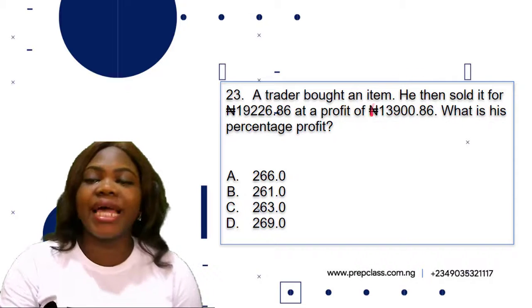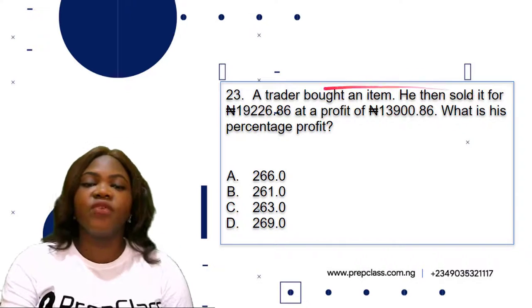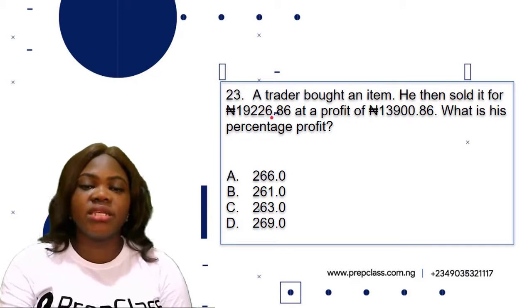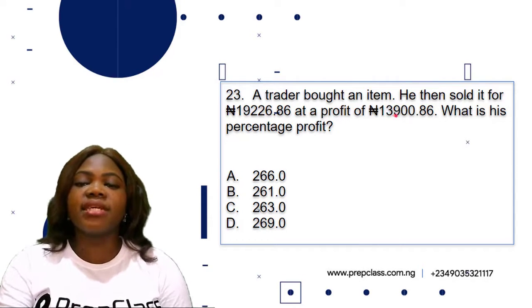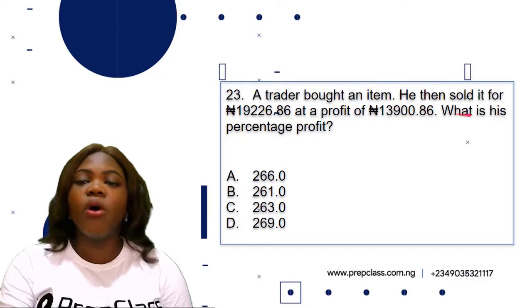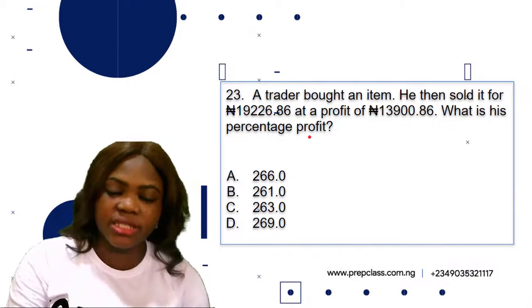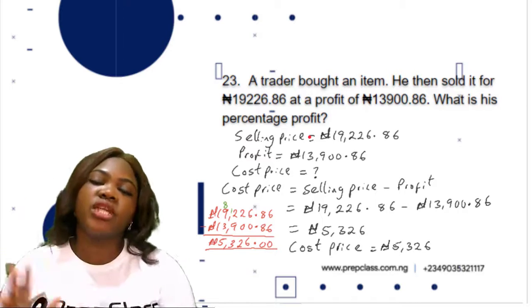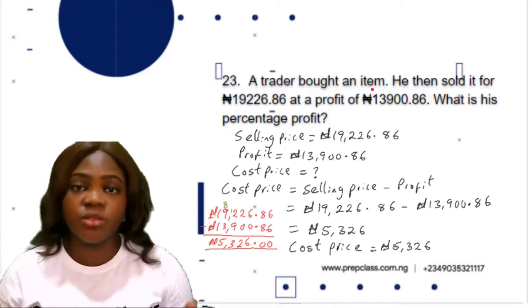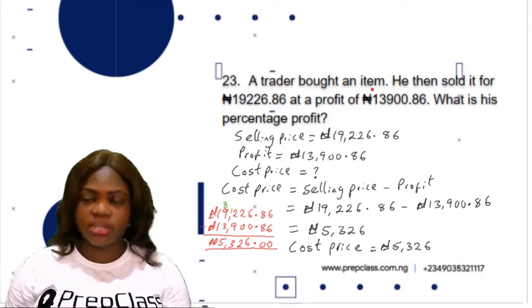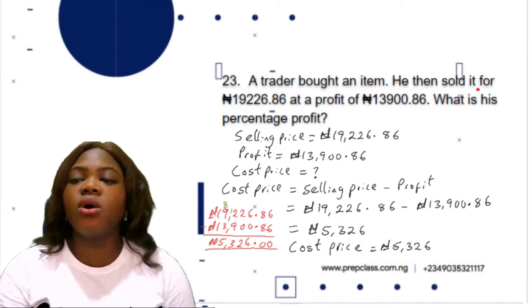Question 23. A trader bought an item. He then sold it for 19,226 naira 86 kobo at a profit of 13,900 naira 86 kobo. What is his percentage profit? So we have to bring out all the information that is given in this question. A trader bought an item. That's the cost price. We don't know what the cost price is. Okay, then he sold it for